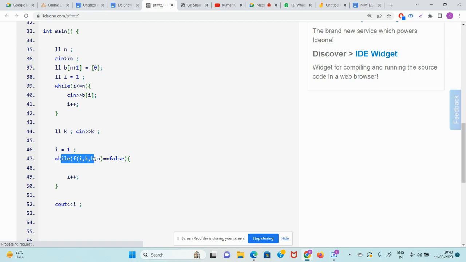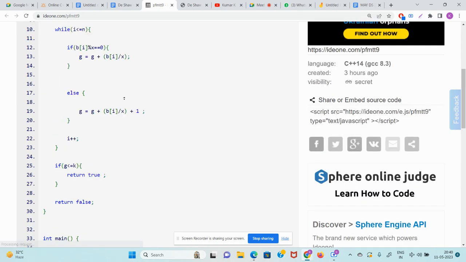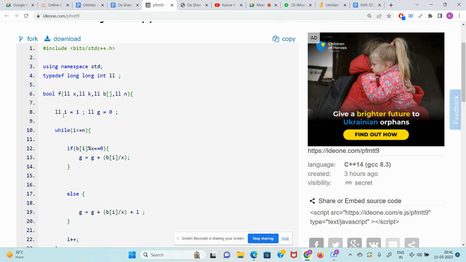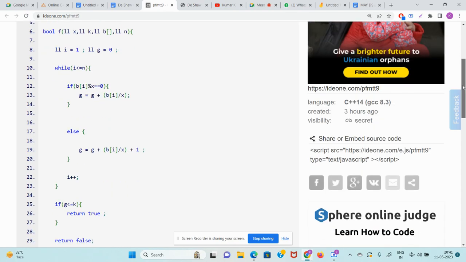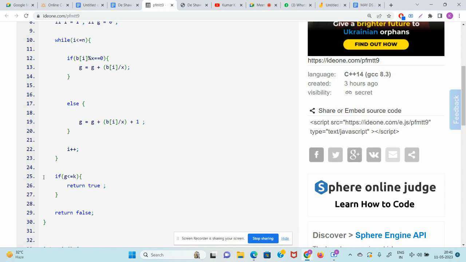You keep on running the while loop till it is coming false. As soon as it comes true, I print that i. Okay. Now what is the check condition? Check is this. See, I told na. I travel the full array. Okay. I calculate the cost. G is the cost. So if it is fully divisible by x, G is G plus b of i by x. If it is not fully divisible, then G equals G plus b of i by x plus 1. One step extra will be needed because it was not divisible. It will take one step extra. Okay. And then once you calculate the cost, just check if it is less than or equal to k, true, successful,